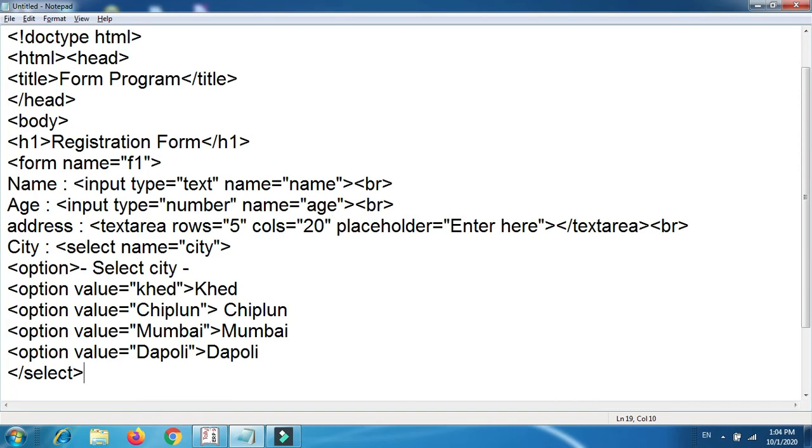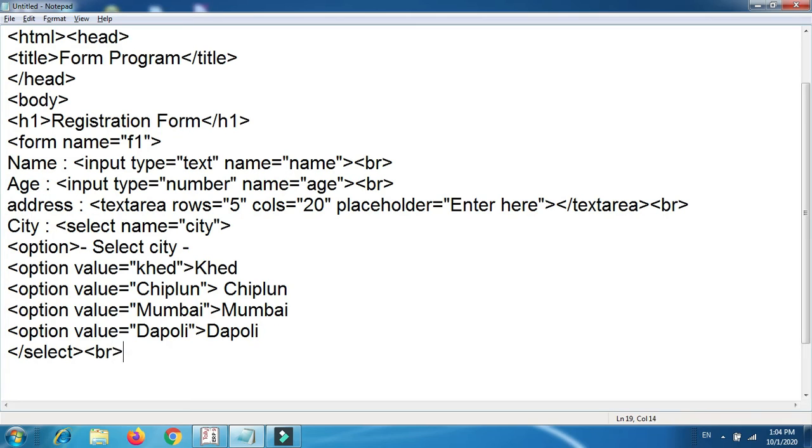Okay, fine. Now the next thing is br, to go to another line, and next after city is date of birth. We have to use date of birth, or your date of birth, fine.